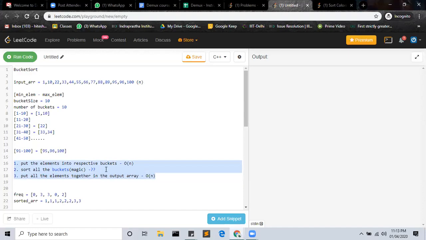Right. So now the only step that remains is how do we sort all these buckets? We can use counting sort for that. Basically any algorithm which is not a comparison based sorting algorithm. No merge sort, no quick sort. So for our sake, we'll always use counting sort. So if you use counting sort for this,